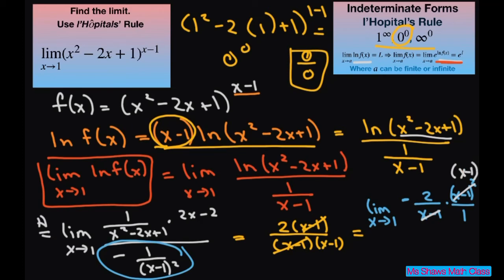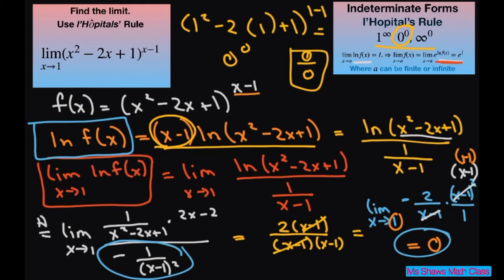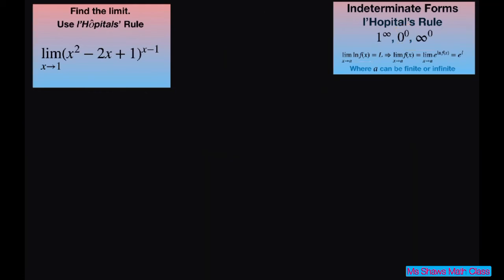So basically when you plug in your 1 for your limit, you're going to get this equals 0, because you're going to have 2 times 1 minus 1. So this is the limit of ln f of x, 0. So now let's use our formula here, and we know that the limit as x approaches 1 of (x squared minus 2x plus 1) to the power of x minus 1 equals